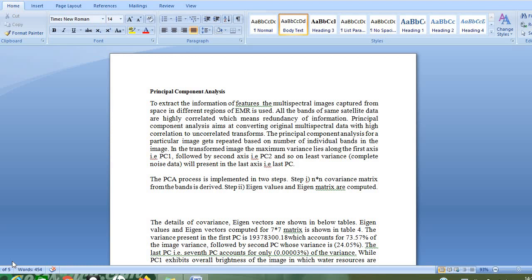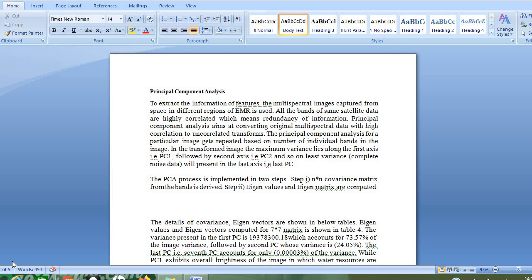What is the theme of this particular principal component analysis? If you take the example of Landsat 8 OLI, there are 11 bands. To do any task like supervised or unsupervised classification, we will make the individual bands into a MSS. For making the MSS, we take the help of 3 or more bands. Let us assume that I have created a MSS data by taking the help of the 11 bands of Landsat